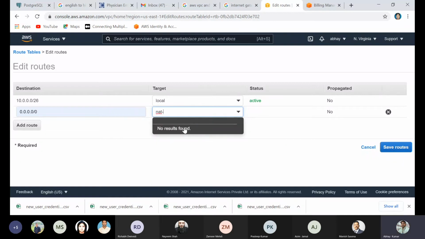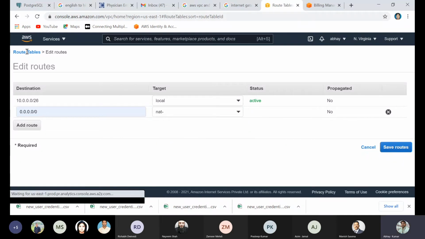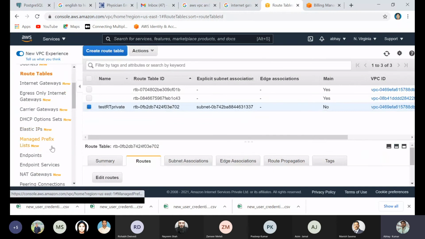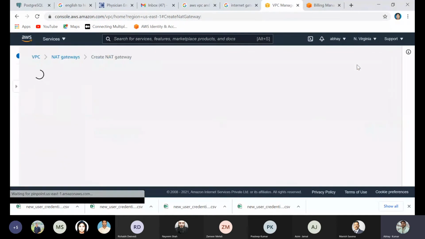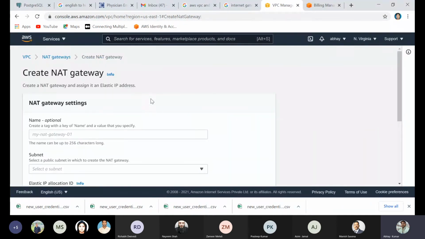NAT gateway, no NAT gateway we have. Create the NAT gateway. NAT gateway is for your private subnet. Suppose any database instance wants to communicate over the internet, means wants to download some patch, so at that time NAT gateway is required. It's for private use, not for public.